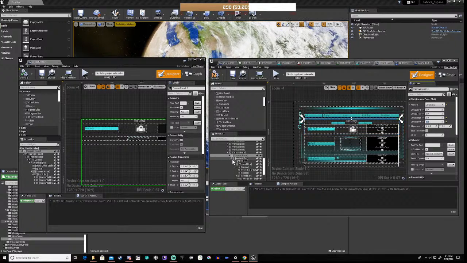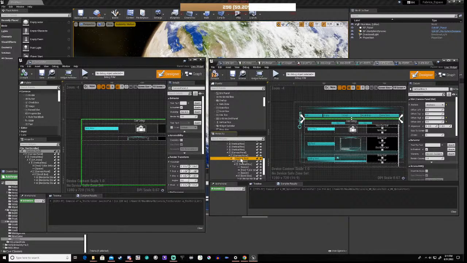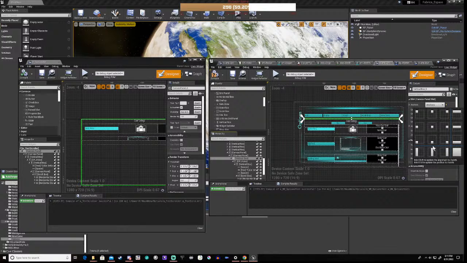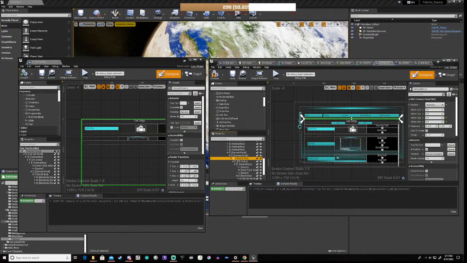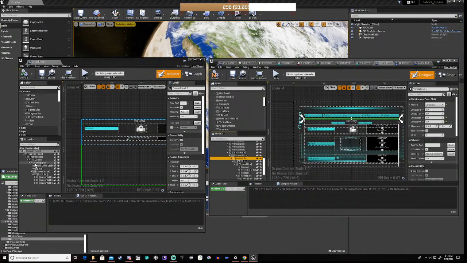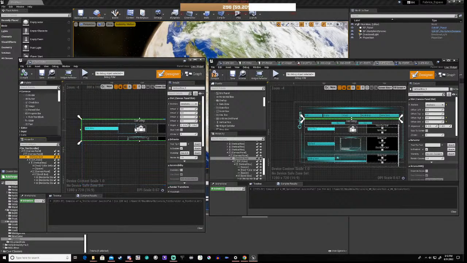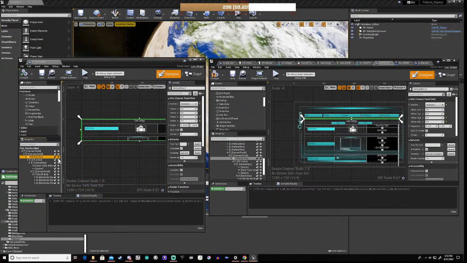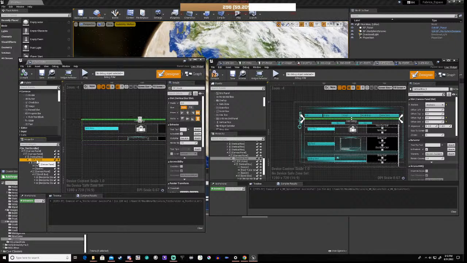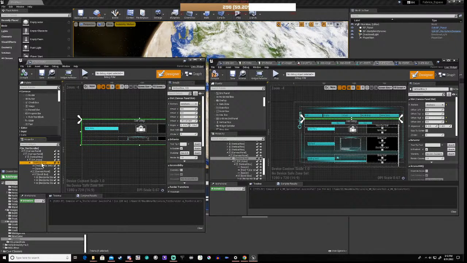Okay. Then this vertical box should be full. So let's have a look at this. We've got a vertical box, and it's not sized to content. We've got this one, then this vertical box,